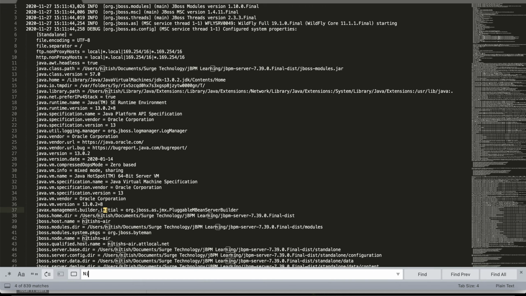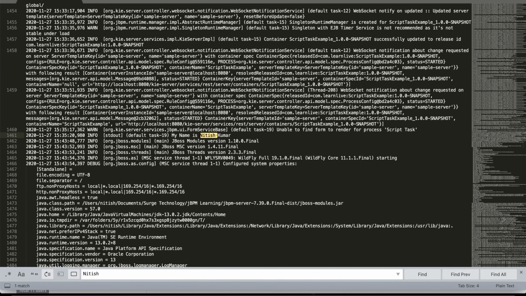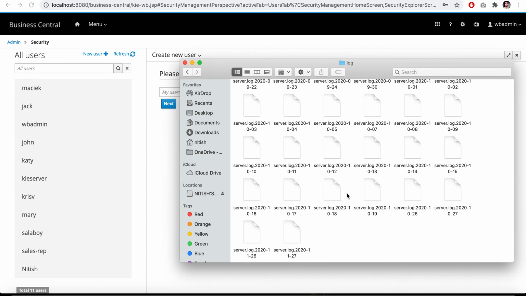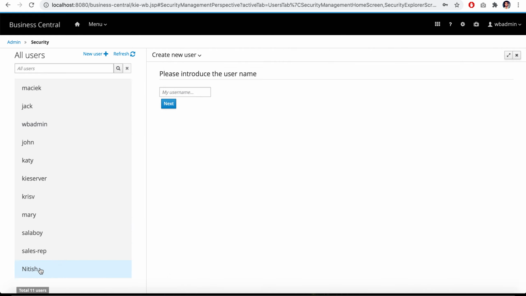You can search. So this was the output that we had printed yesterday, which is displayed here. This is the log that you can check, and for debugging purposes this is very useful. You need to check the logs. If there are any errors, then you can go and check in the log section. Now as this user has been created, we can see that this user is there and we have set the roles and the properties for that.